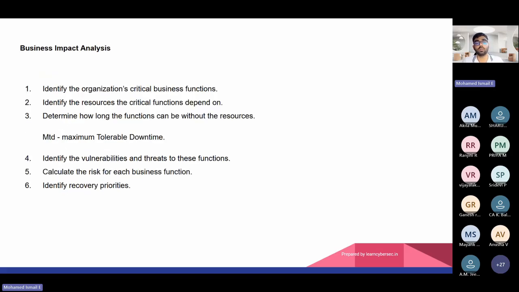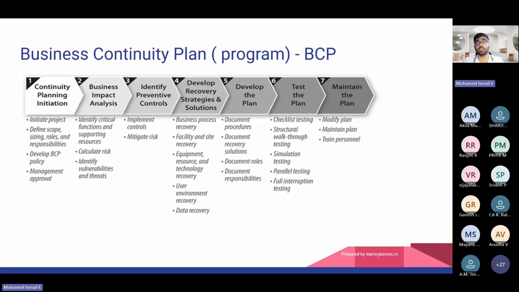So now come to the business continuity plan high level flow. First, continuity planning and initiation. In the planning phase, respective departments and multiple people are involved in preparing. For example, the business is located in Chennai, and every year there is a flood in the city. That flood lasts for 7 days. During those 7 days, employees cannot come to the office. The office's normal function cannot happen. There is a customer impact projected.